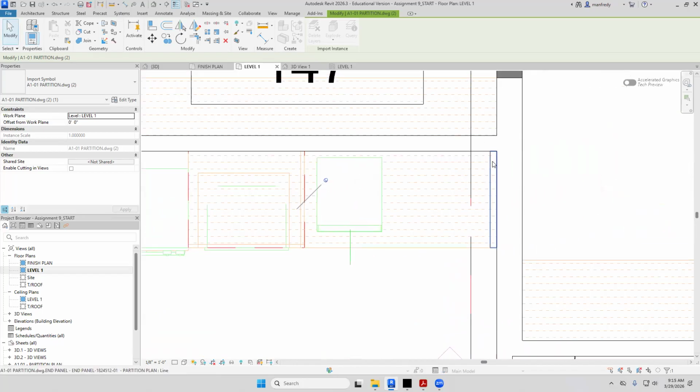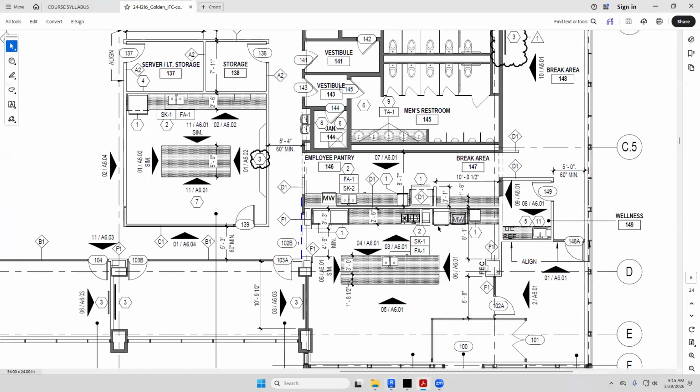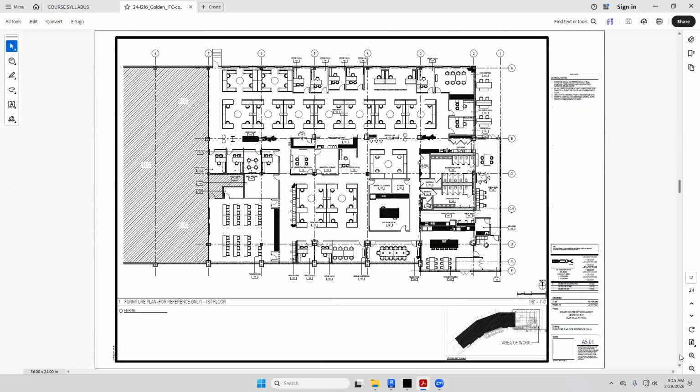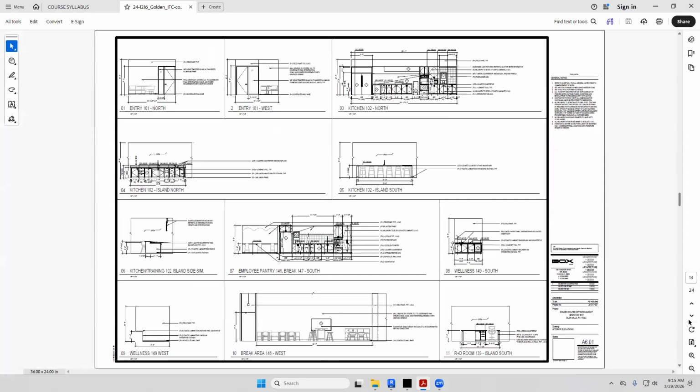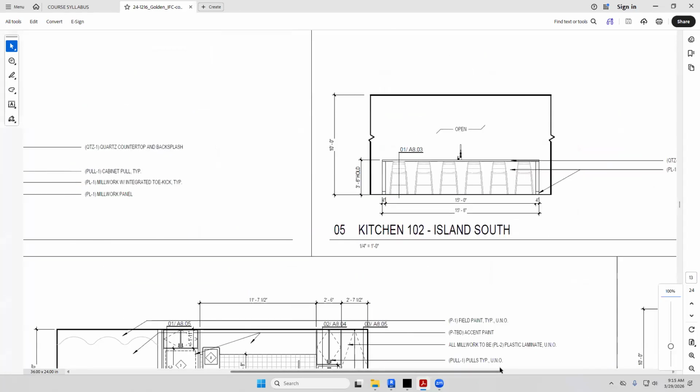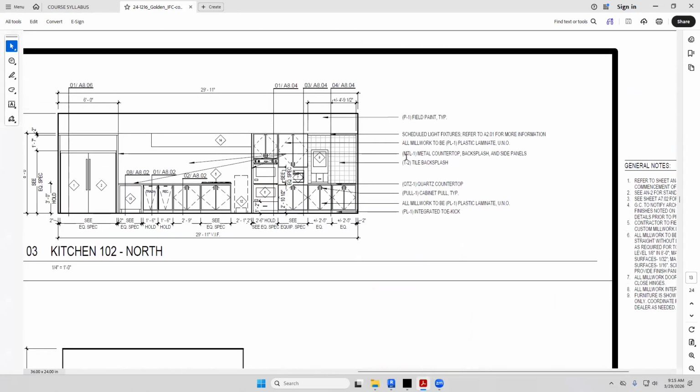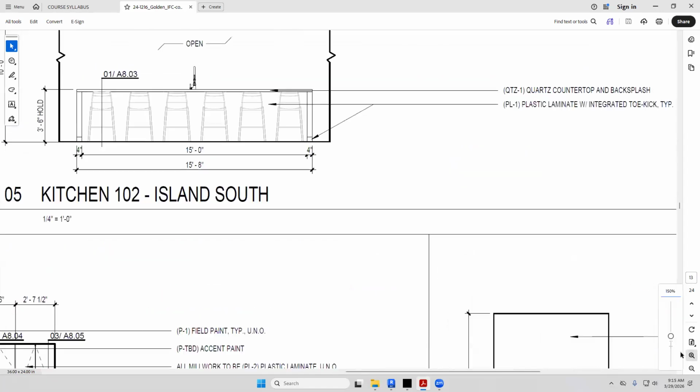So here, there's also a panel here in the corner, up against the wall there. And then there's the panel, and there seems to be a built-in piece here, which is the range that's over here somewhere. So let me take a look at this for a second. 3 on A601. We're going to be bouncing back and forth between these two drawings. So let's see, right about